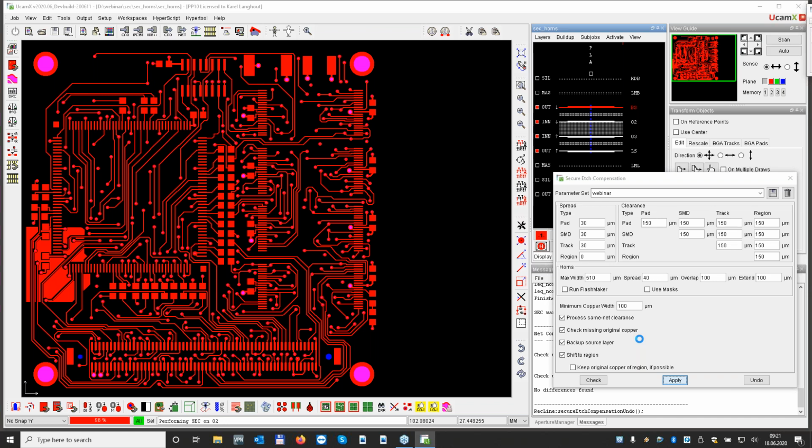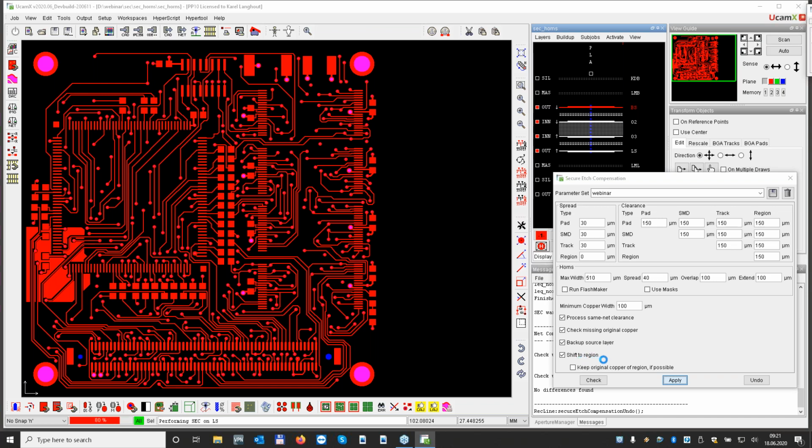So of course, after you get notified, you can still change this. It's very easy. Then we have the backup of the source layer, which is also a very useful feature, as we will see later on. And we have the shift to region.